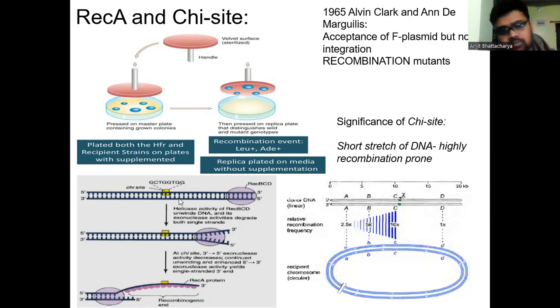In this way, if it finds the chi site, it would induce a nick in the other strand, and through some exonuclease kind of activity, it would chew up the other strand and allow the remaining strand to stay single stranded. This particular strand would be recognized by RecA, and this strand will invade the recombining DNA. So basically, this is how RecBCD acts